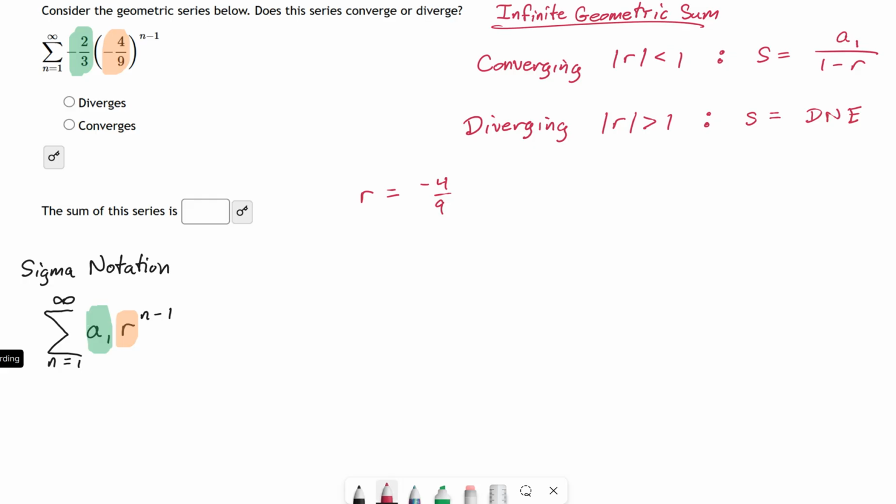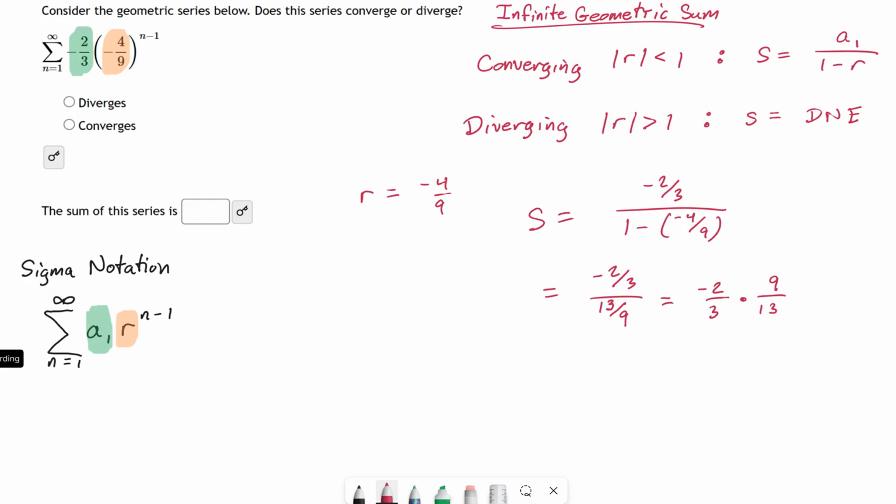So now we're going to use our formula and we say, okay, sum equals A1, which is -2/3 in this situation, divided by 1 minus the R value, which is -4/9. Okay, so this turns into -2/3 divided by, that's 1 plus 4/9, which makes it 13/9. Now, I don't have a calculator, so let's just put on our big kid pants here. I'm going to turn this into a multiplication problem. Let's say -2/3 times